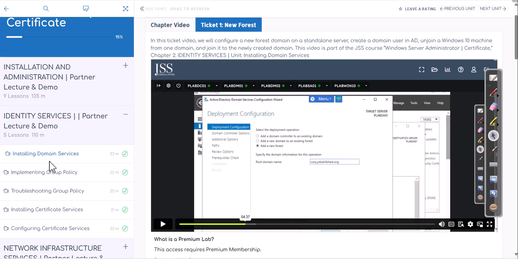In our last ticket, under installing domain services, you installed a new forest and created a brand new domain by using this option, and created corp.jobskillshare.org on plab SA01. So you know how to create a full new forest domain and Active Directory and things like that. But what if you already have one domain controller, let's say DC1 is running, and a